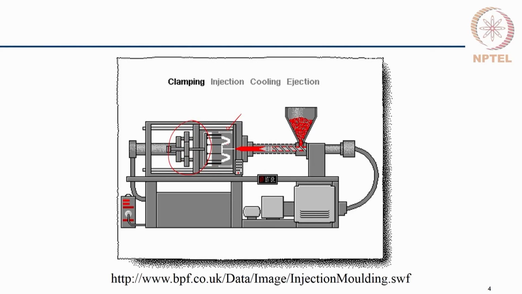and once the mold is clamped, the injection takes place. The plastic material is injected by the injector. Once the material is filled in the mold, it is allowed to cool, and finally the part is ejected. So, this constitutes one cycle of molding, and the time that is required to complete one cycle determines the cost of the part. So, the optimization for the process involves reducing the cycle time. One of the important parameters is the cycle time.